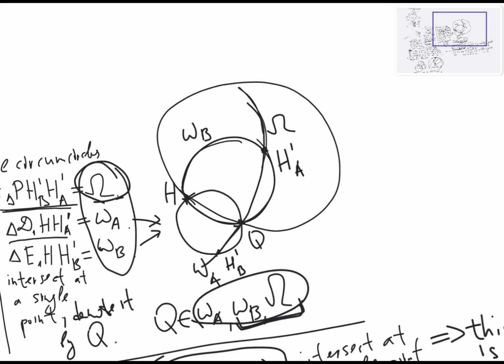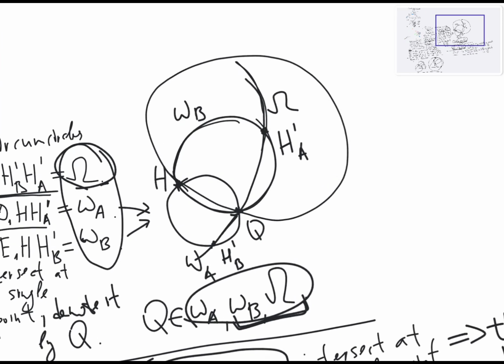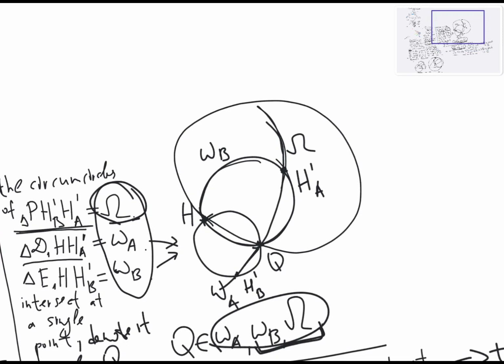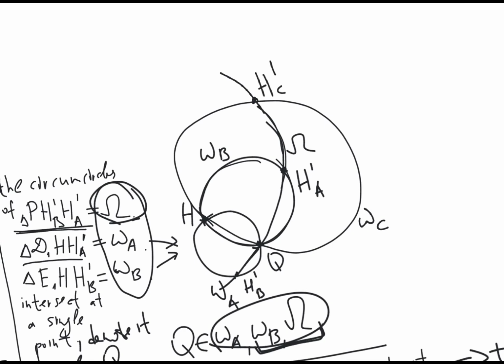So through H, through Q, which we just proved that all of these circles pass through the same point Q, and another point of intersection between capital omega and this circle omega C, so this point is HC prime. So the picture is something like this, but basically what we now get, the main result is that